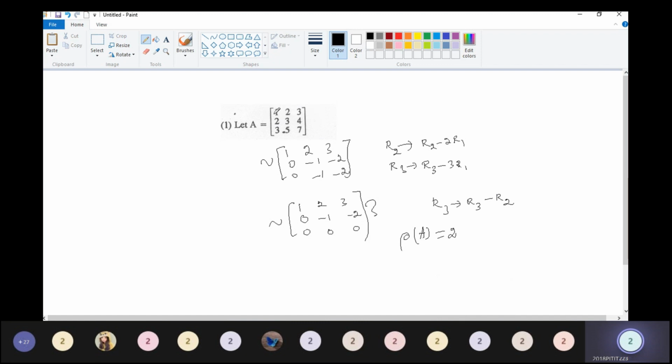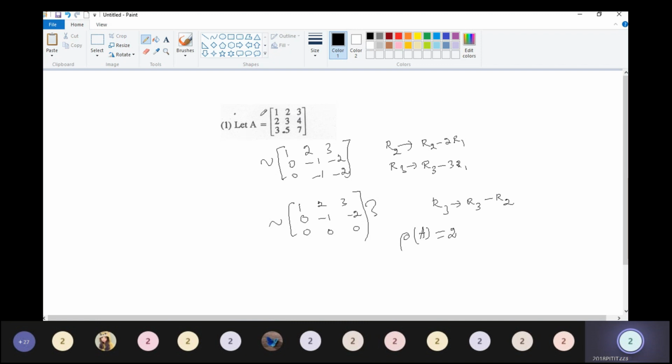if it is a 3 by 3 matrix, you can easily find the value of the determinant of the matrix. Suppose the matrix is 5 by 3, 5 rows and 3 columns, then it is not possible. We can find the determinant value of a matrix only if it is a square matrix, that is, number of rows equal to number of columns. Then only we can find the determinant of the matrix. Minors we can find of any order, 2 by 2, 3 by 3, like that.